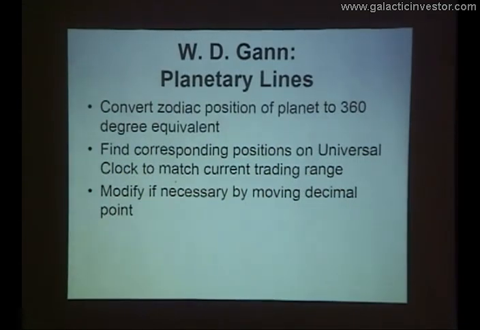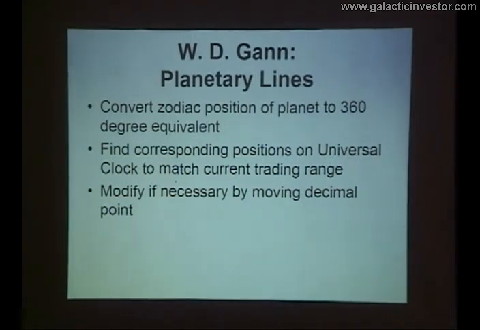We convert the zodiacal position of a planet to the 360-degree equivalent. And we convert the zodiac notation just to the 360-degree notation. We find the corresponding positions on the universal clock and match the current trading range on the wheel of the universal clock. If you don't already have a copy of Jeannie Long's book, The Universal Clock, be sure to get one, because it goes into a great deal of detail about how all this works, how all this is set